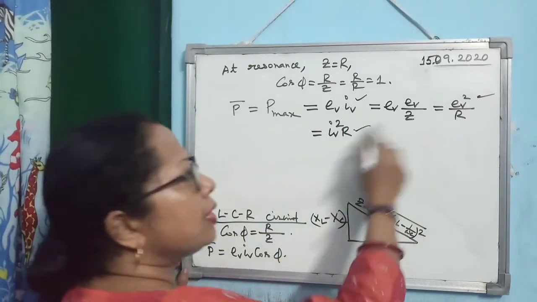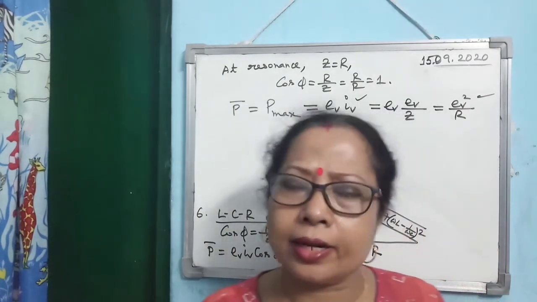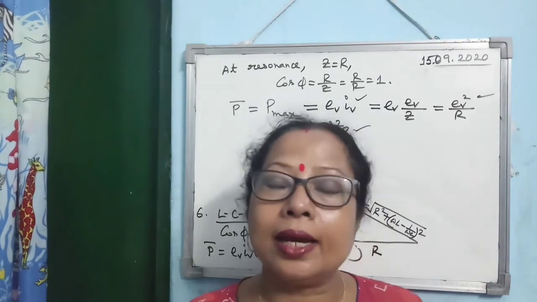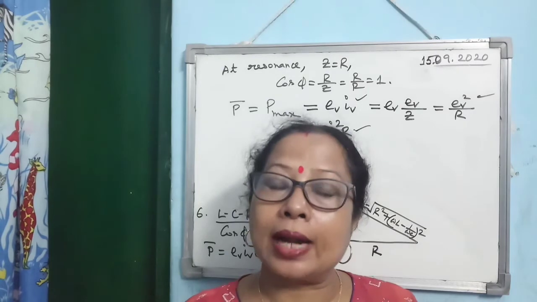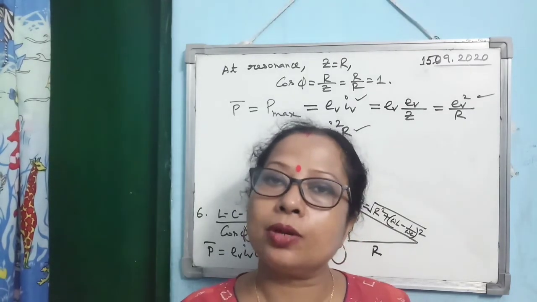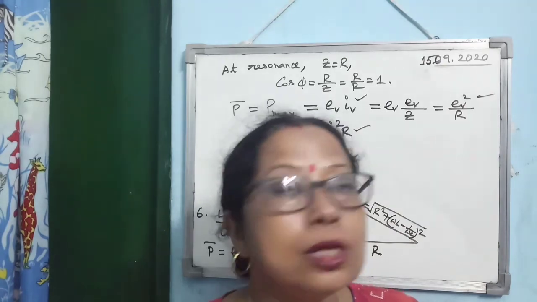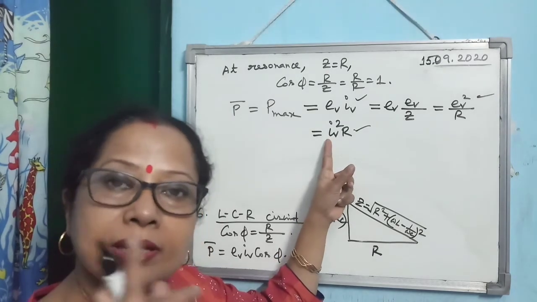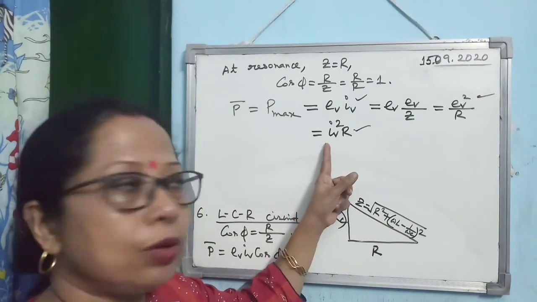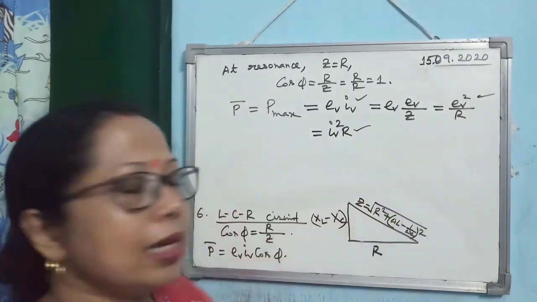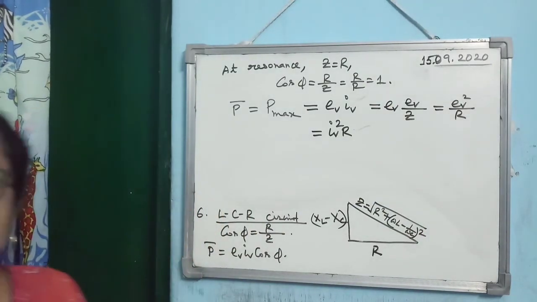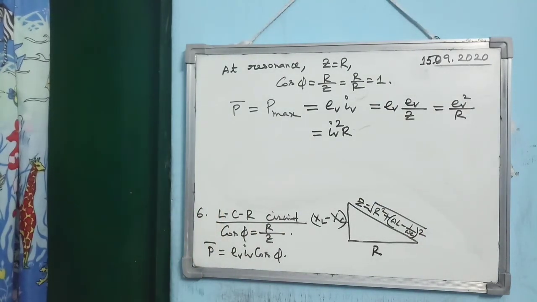It is very simple, very easy to understand. You know that at resonance, the circuit becomes purely resistive. And for a purely resistive circuit, what is the electric power? I hope you can remember. The electric power dissipated, either you can write E square by R or I square R. So we are getting the same thing. But remember, when we are using I, as it is an alternating current circuit, it should be the RMS value. So IV square R or you can write EV square by R. These are the formulae I have given just to indicate what you can utilize to solve the numericals. So that's all regarding the power of an alternating current circuit.